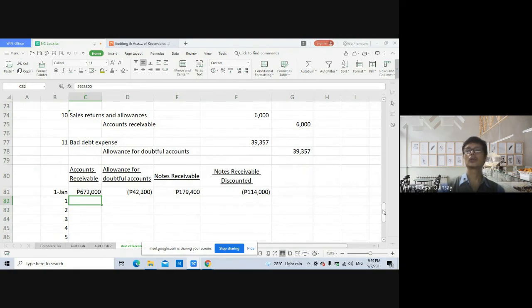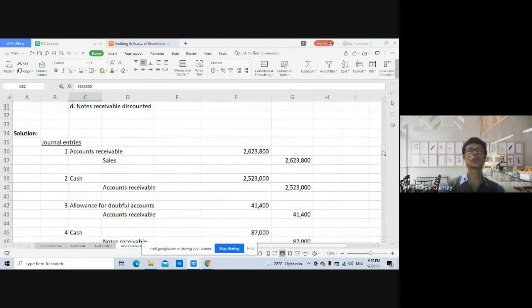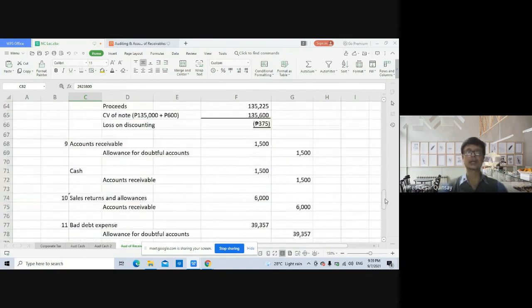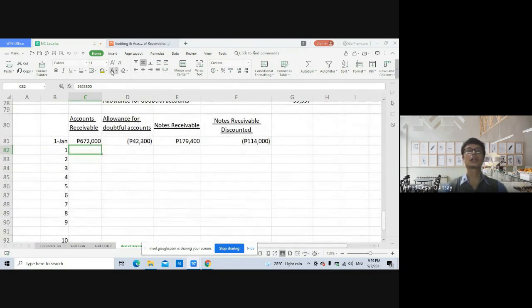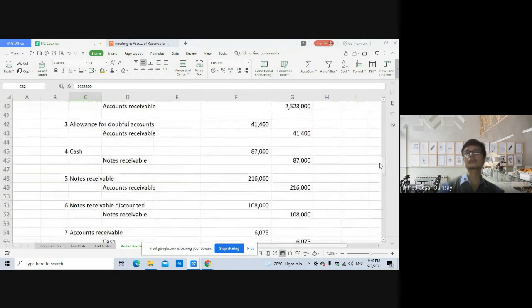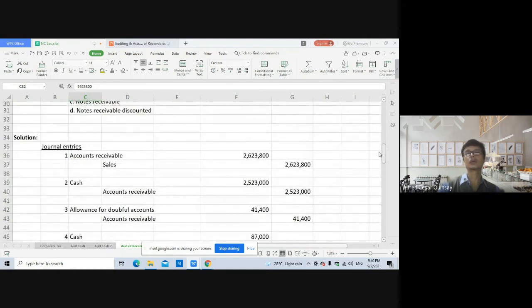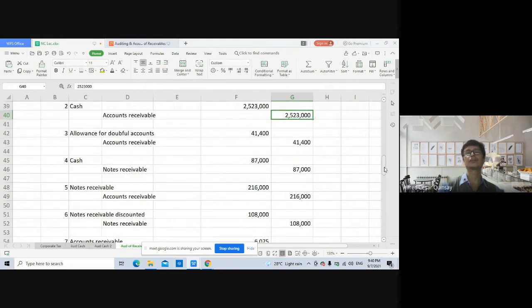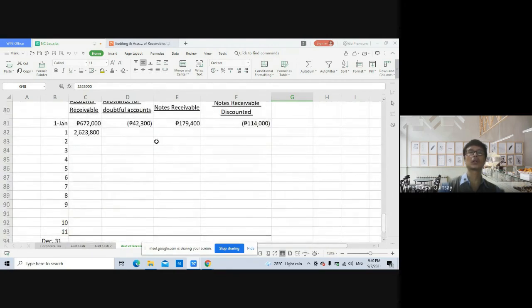So kunin natin dito yung number 1. So number 1, accounts receivable, nag-increase siya. Okay? So kukunin lang natin yung entry, so that is addition doon. 2,623,000. Okay? And then, of course, wala naman yung sa sales. Yung sa accounts receivable, i-credit natin. So, credit, so meaning nabawasan yan, no? Okay, because it's credited. So,